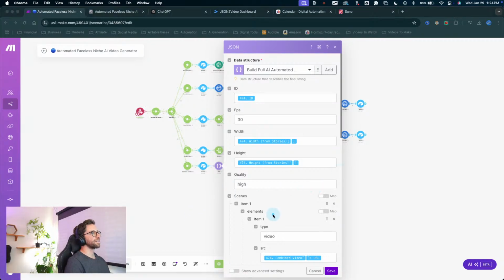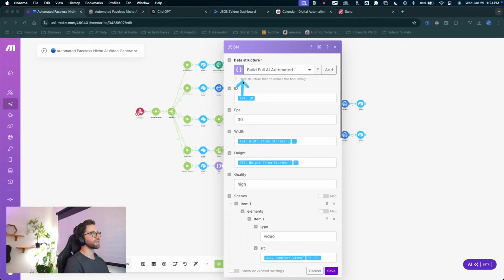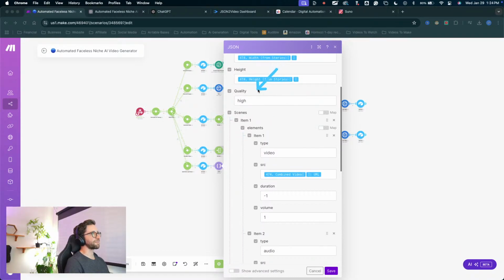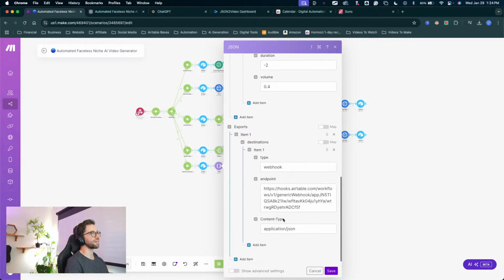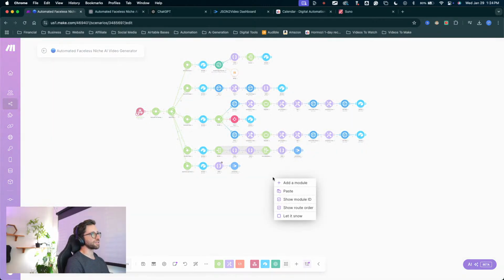So for anyone interested in how to actually build these JSON data structures to get this working with JSON to video, it's a lot of research with JSON to video, figuring out what they need, how they construct their videos. These are actually elements and names and necessary things in JSON to video. So the scene array, the elements, the type, the source, all spelled like this, duration, volume, all of these are requirements in JSON to video. And so building out data structures,